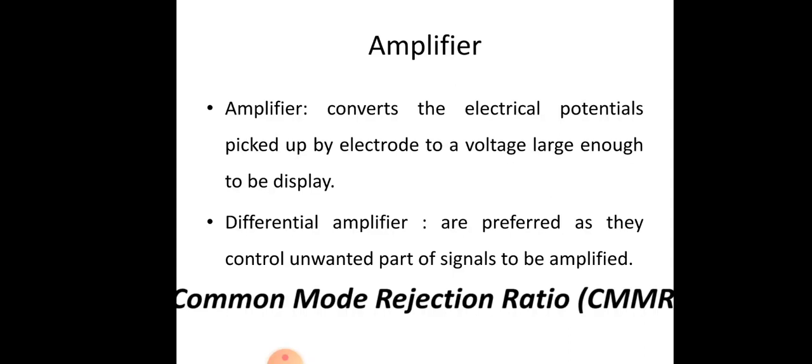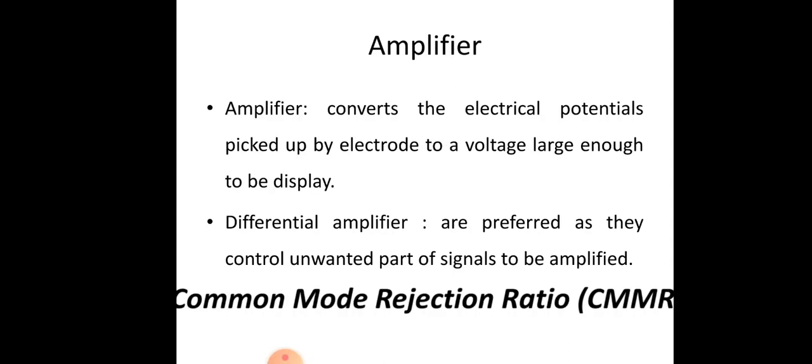Common mode rejection ratio is a measure of how much the desired signal voltage is amplified relative to the unwanted signal. You want some 5% of the signal to be amplified in relation to 95% of the signal which is unwanted. That is 5 to 95%. This is an example which can be given for common mode rejection ratio. Now, what is the unit? How to measure common mode rejection ratio? Common mode rejection ratio is expressed in decibels, not percentage.